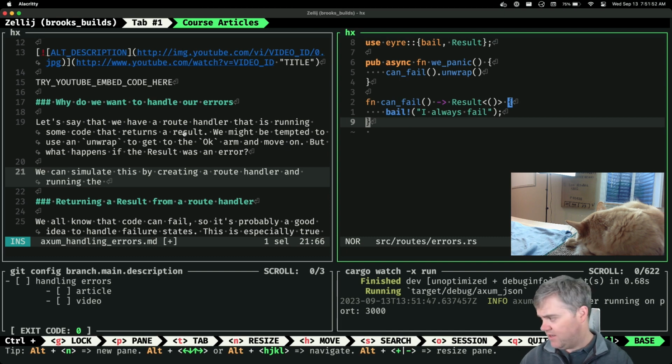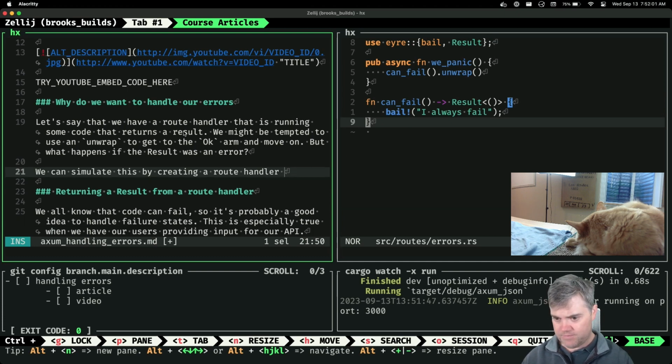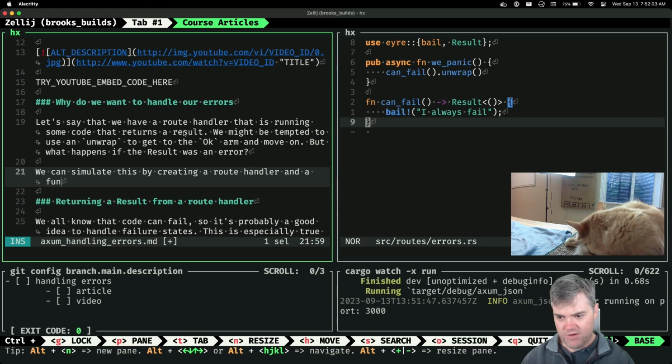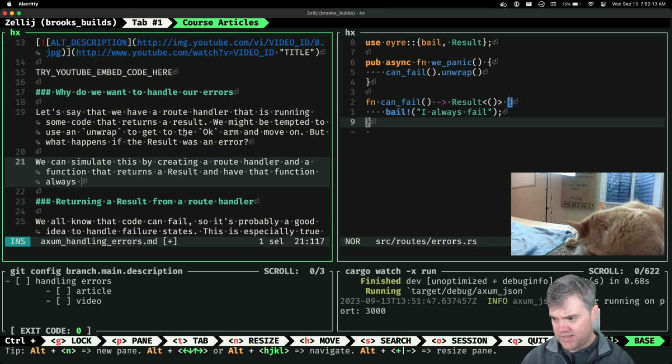And so we can simulate this by creating a route handler, and a function that returns a result, and have that function always fail.